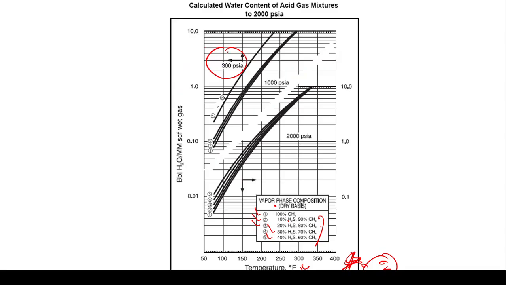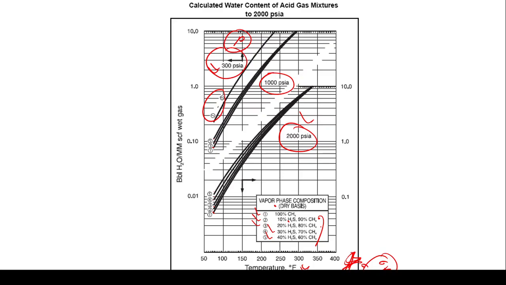Let us take the first one. This is the pressure. If the pressure value is 300 psi, you will see that for almost all the conditions the values are the same, meaning there is only one line for all these conditions. If you increase the pressure, you will observe 3 different lines, for 1, 3, and 5. So there are 3 lines for all 5 conditions, and for the second and fourth conditions, which are not given, we have to assume values in between. If you increase the pressure further to 2000 psi, you will see that all 5 conditions are shown separately.